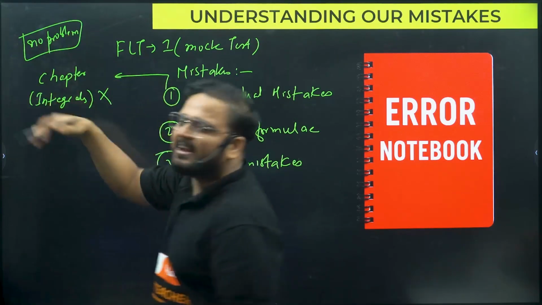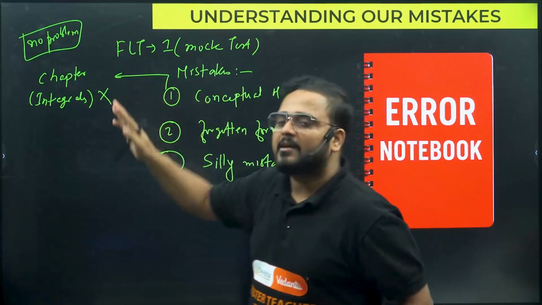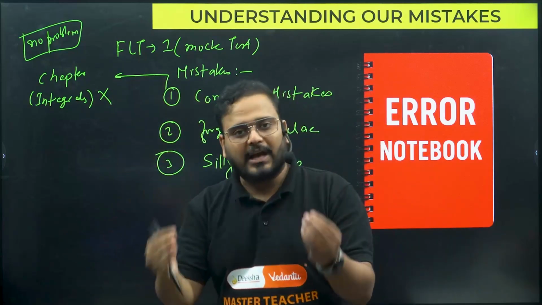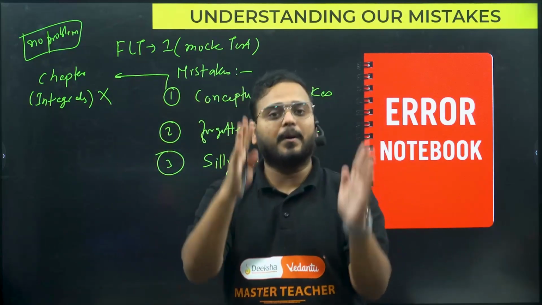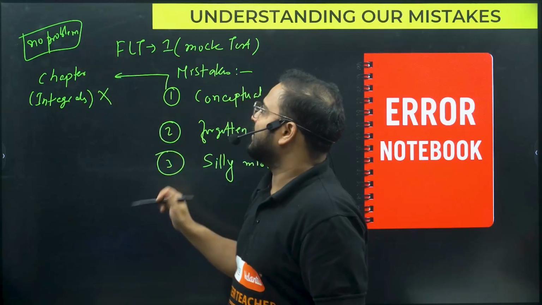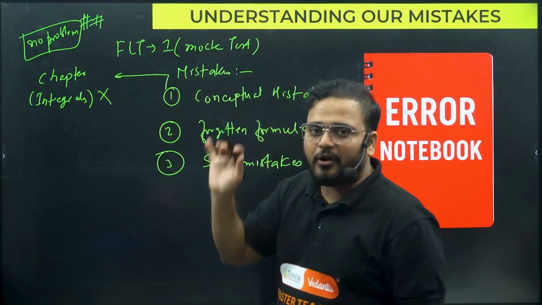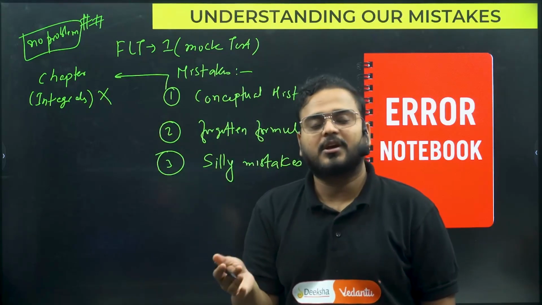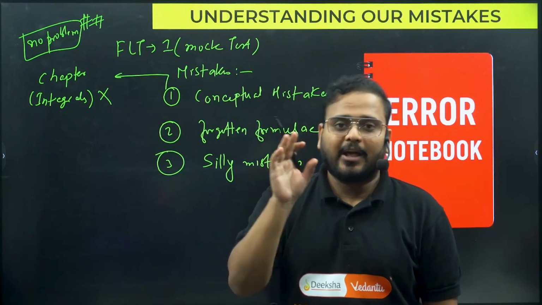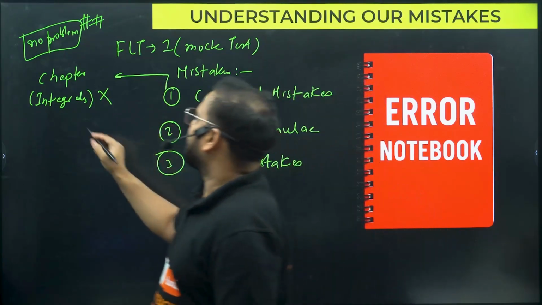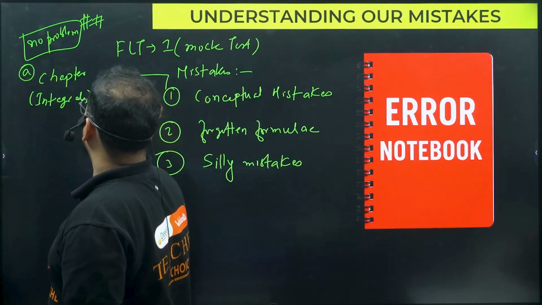Because this is something that I've left. So even if the question has been missed from there, that's not my concern. It's okay. I'm going to accept that part because I left the question on purpose. So no problem on that category. This is very, very clear. Not a problem at all. Now, apart from that, let's say I wanted to solve a question in differentiation, but some concept I was not able to apply and got it wrong, then what will I have to do? This is part 1 of conceptual mistakes.